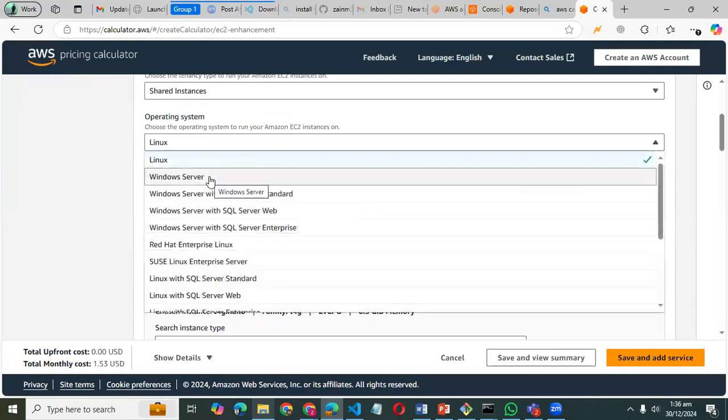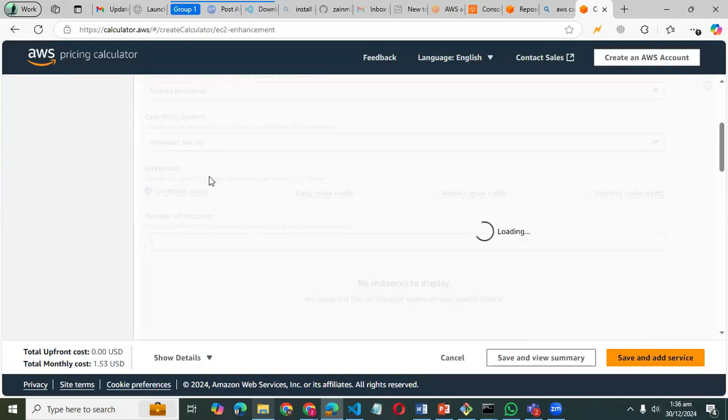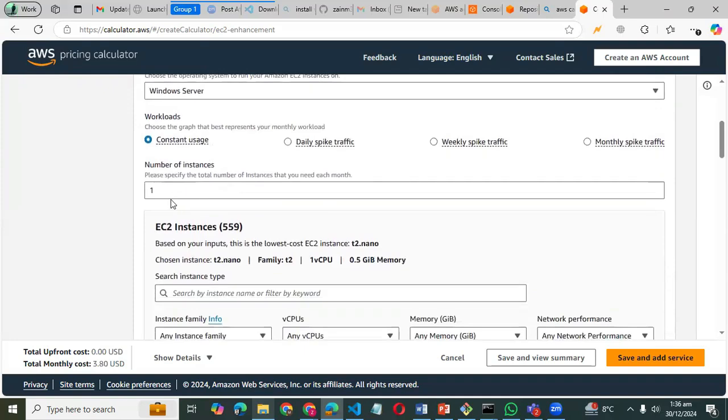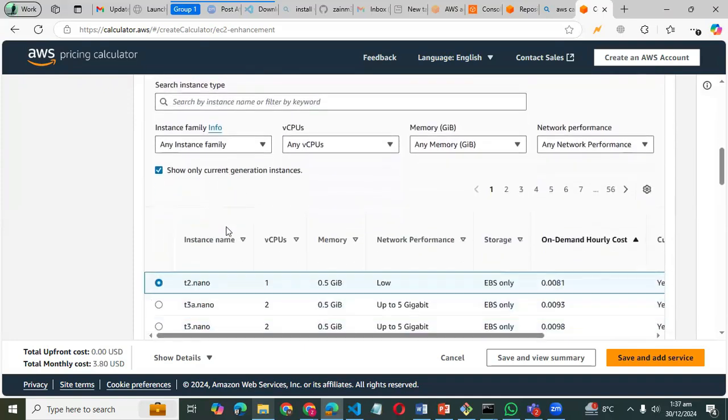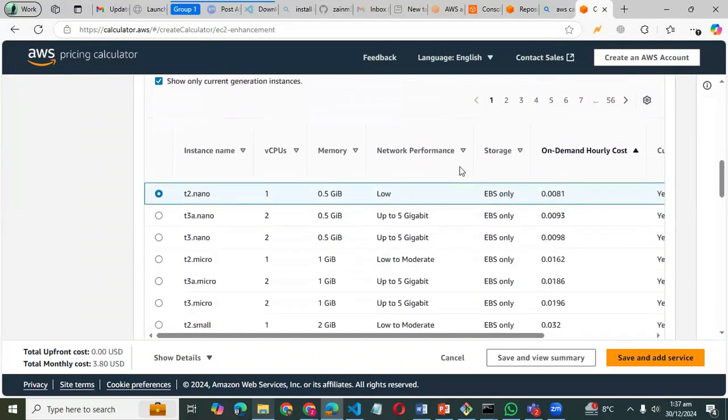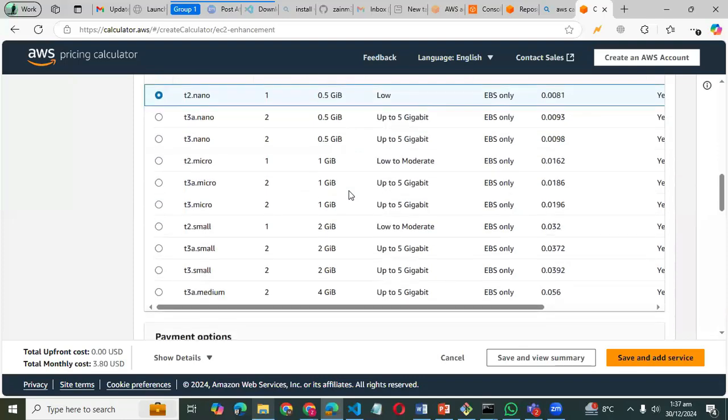Let's suppose I want to create a Windows instance, right? And what type and how many instances do you want to create? Let's suppose only one instance, and how many CPUs and how much memory do you want. Let's suppose I want one CPU and this memory, T2.nano,